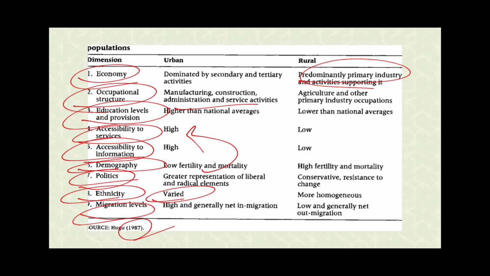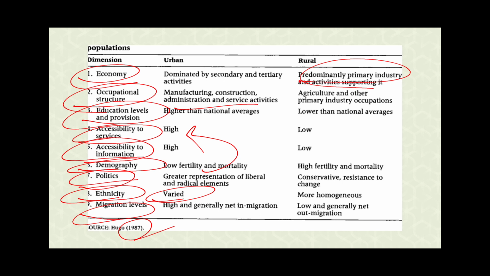And so the increasing urbanization gets to attract more people into these areas, because again, that's where you have a lot of economic activity, a lot of educational opportunities, a lot of accessibility to a diverse set of services. And so you expect a lot of in-migration, and so you expect more ethnic diversity